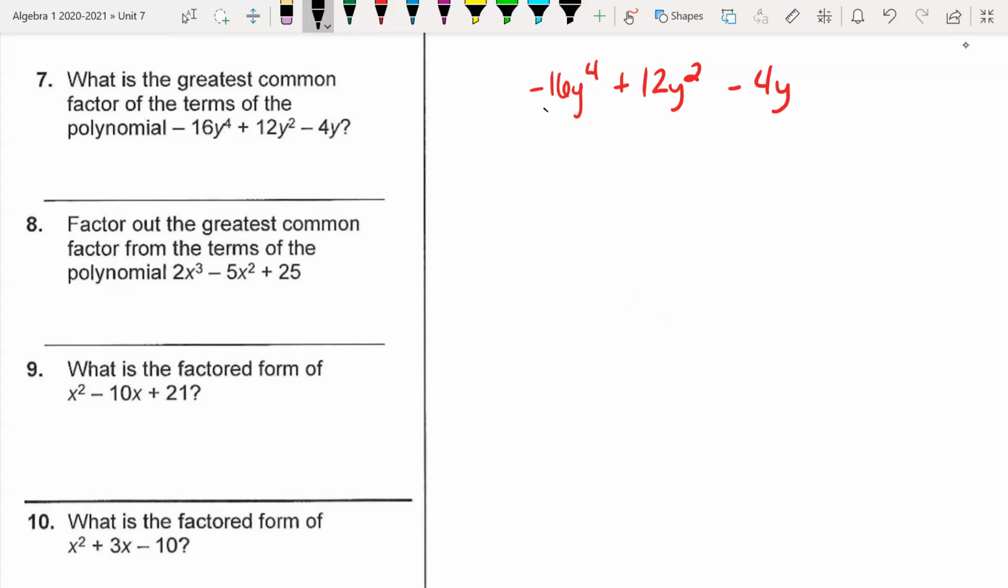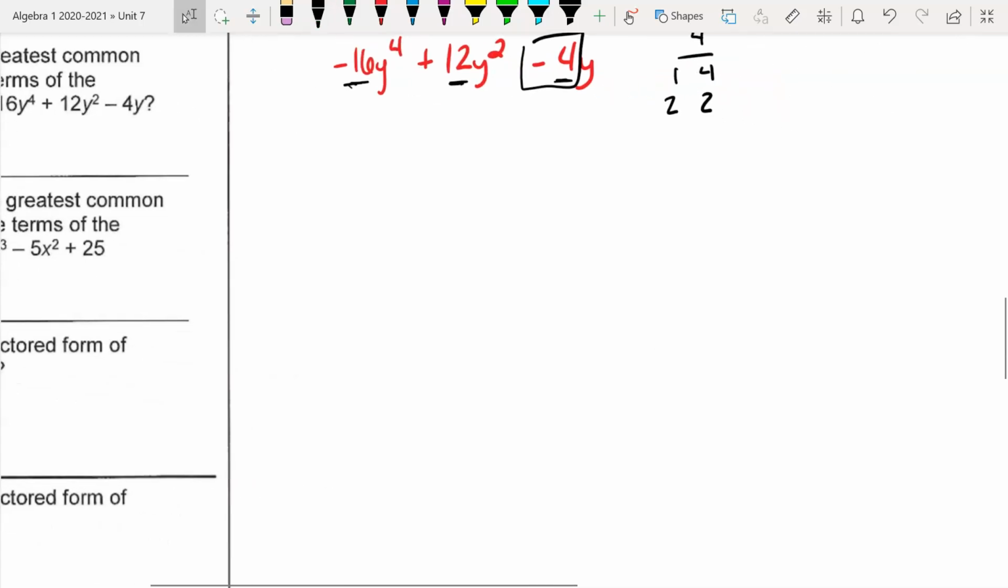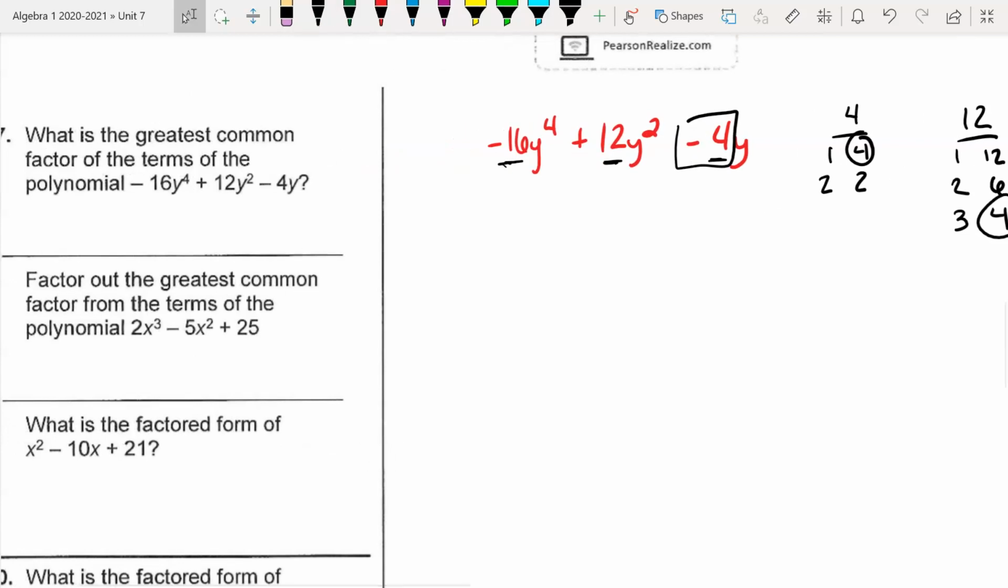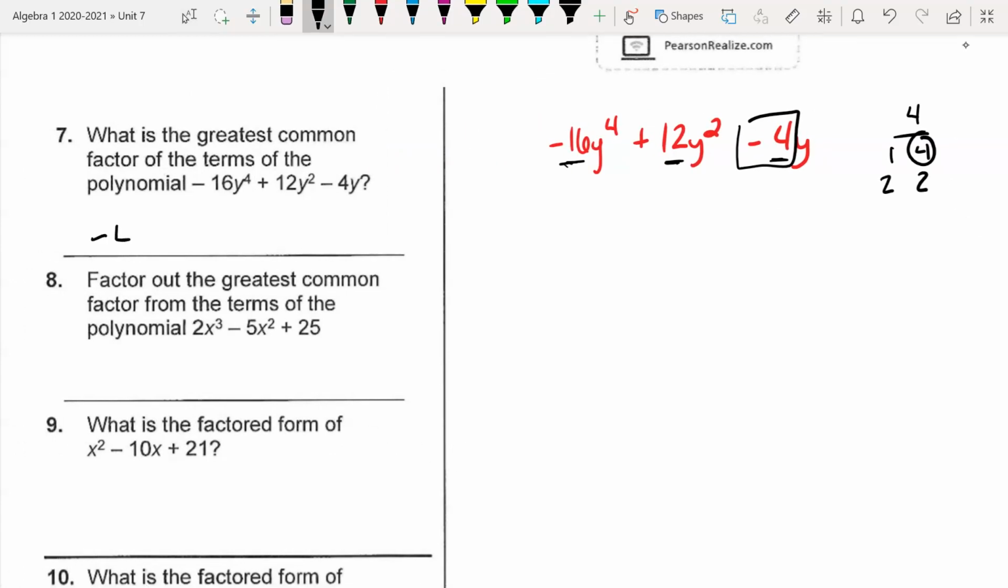Well, let's look at our numbers out front: 16, 12, and 4. What's the biggest number that goes into all of them? Well, I know the factors of 4 are 1 and 4, 2 and 2. The factors of 12 are 1 and 12, 2 and 6, 3 and 4. And then 16 would be 1 and 16, 2 and 8, 4 and 4. So if you notice, they all have a 4 in them. So that's going to be your highest common, or your greatest common factor, which would be negative 4 because the